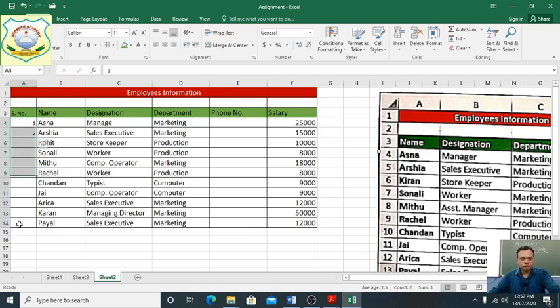shift key, first of all this way. Now see here, there is a black option here. See, the cursor option is like this. Now when we go to this corner part, it changes into a cross form. Now drag it till here. We have got 1, 2, 3, 4, 5, 6, 7, 8, 9, 10, 11. Now select it and here center alignment. Okay, now we have got it here. Next one is,